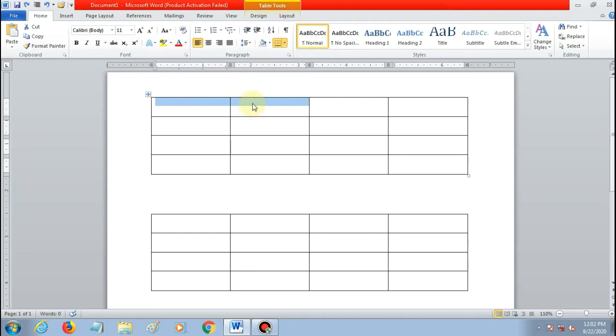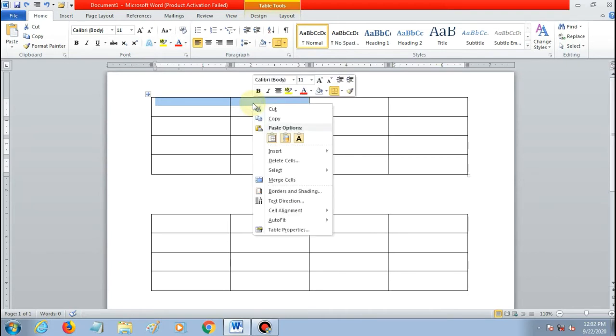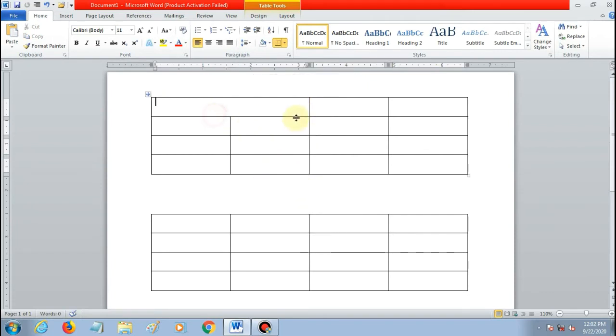First, you can right-click, then click on merge cells. See, now these two cells are merged. Merging means making two or more cells into a single cell.